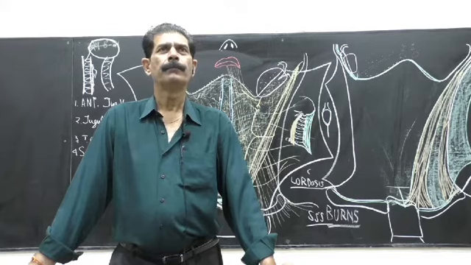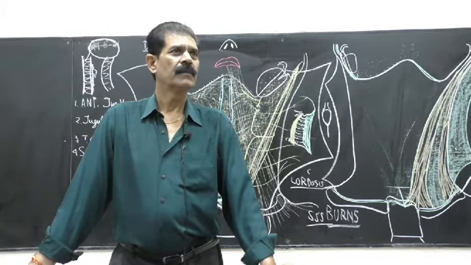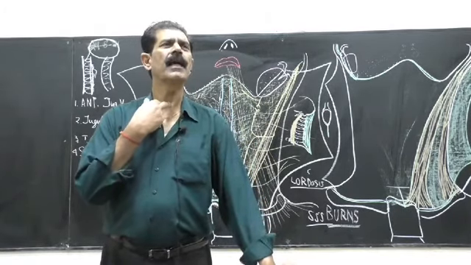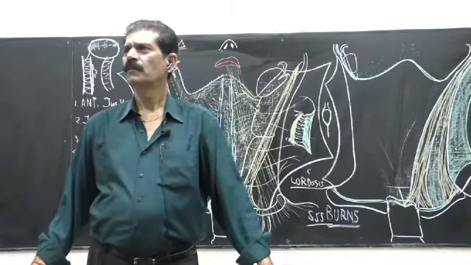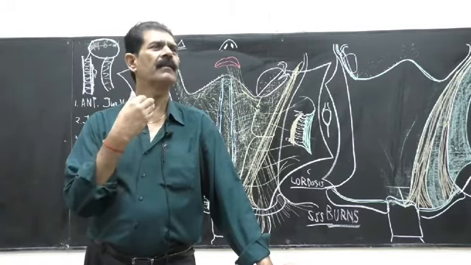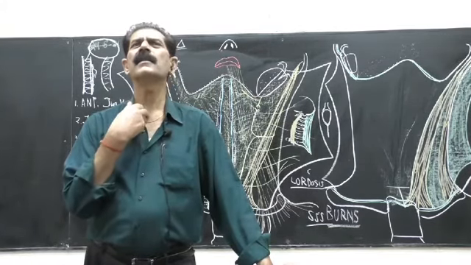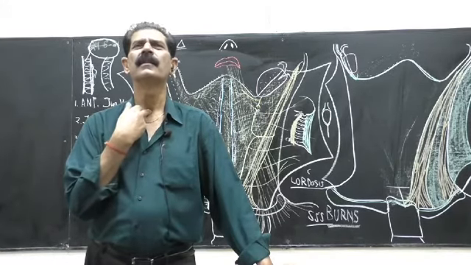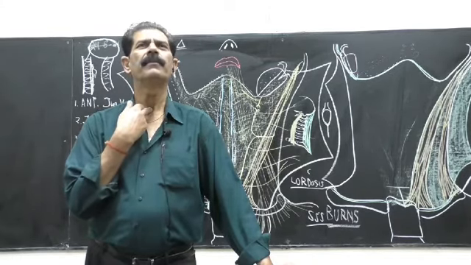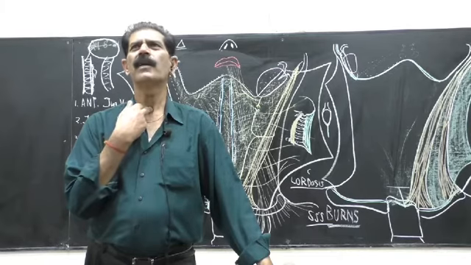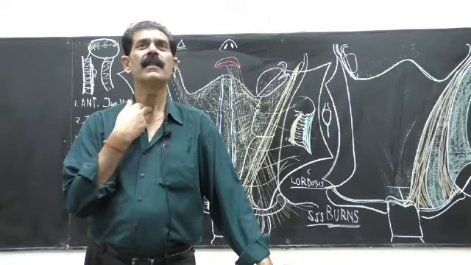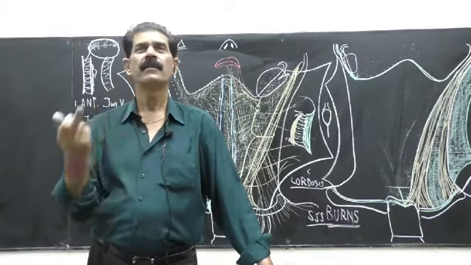Then relations. In the relations, what lies superficial to this suprasternal space is the skin and superficial fascia. Then what lies deep to this? Deep means if you remove this with contents and everything, what is there? Just touch above your sternal notch. Just touch deep. What do you feel here? Go deep slightly. Not much, because there may be choking. You feel the rings of cartilage. What is this? Windpipe here. That is the deep relation.